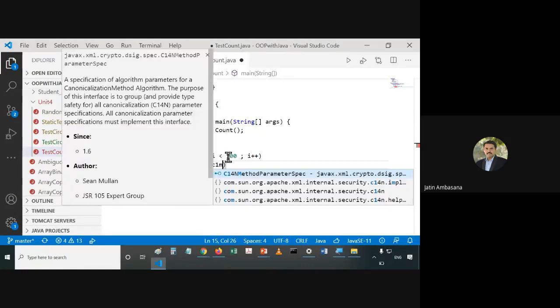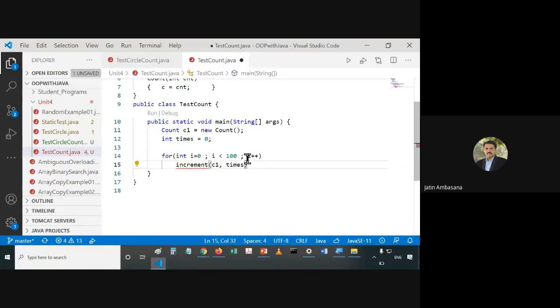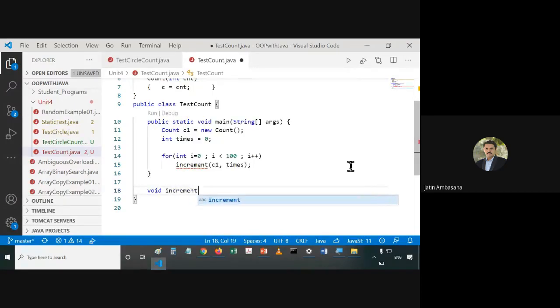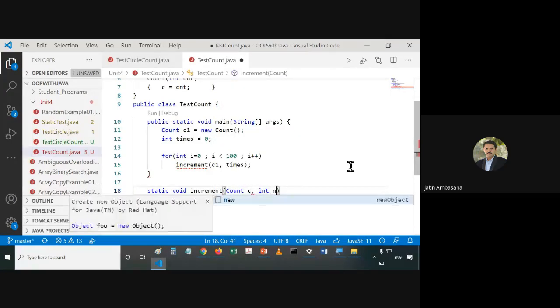So we say c1 and times. We pass this to the increment method, which is of type void and static, and it takes a Count object c and an integer n.